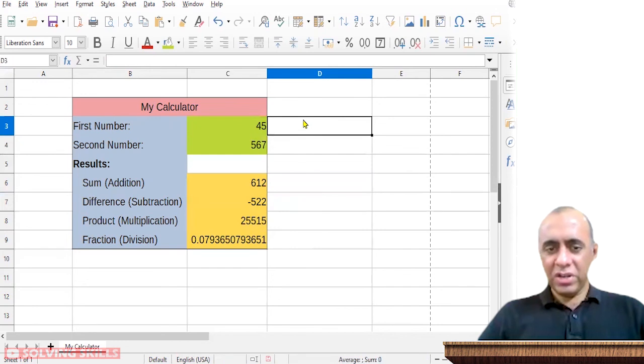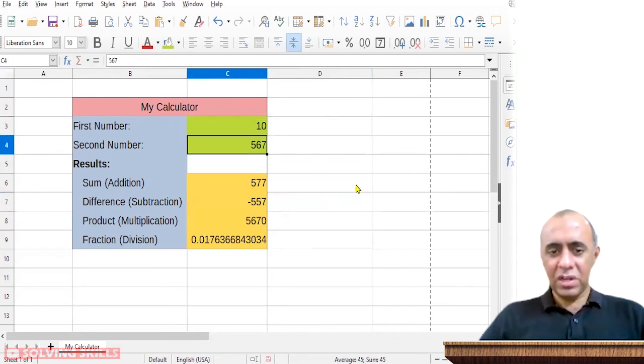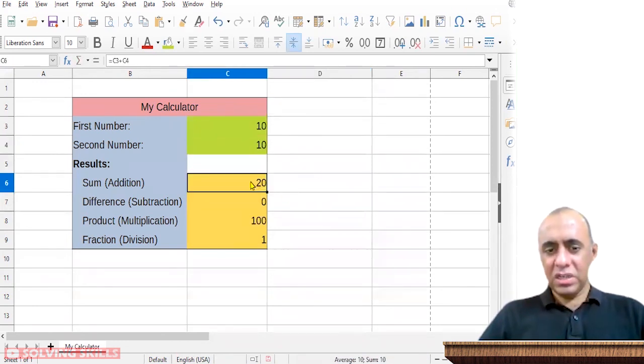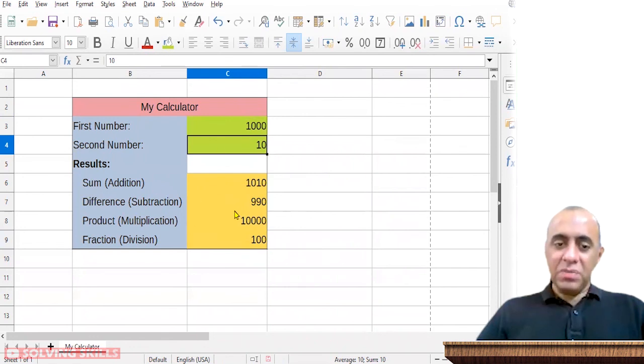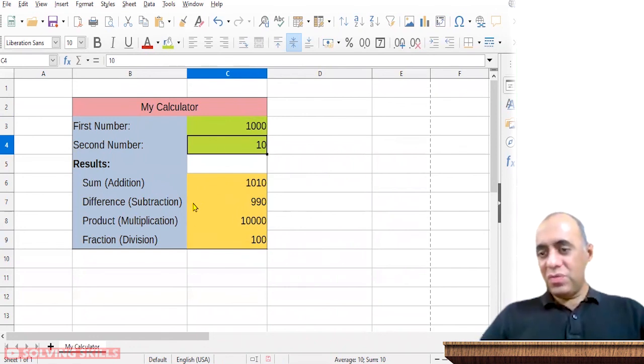So you have made your calculator. If you type 10 here and 10 here, you can see all the results immediately. If you type 1000 over here, you can see the results. And by the way, there are many mathematical functions available in the software. Actually, any function you can think of, you will most probably be able to find it in the software. And from statistics, from mathematics, from